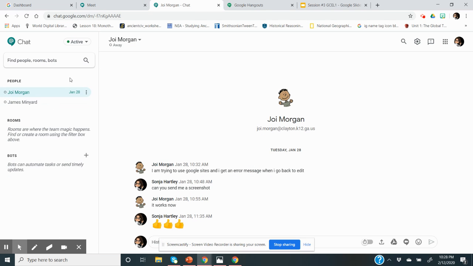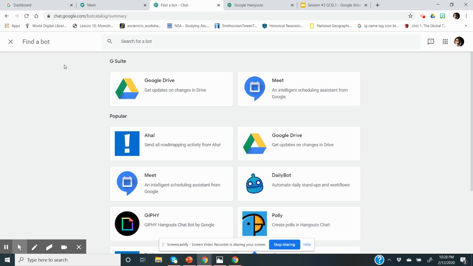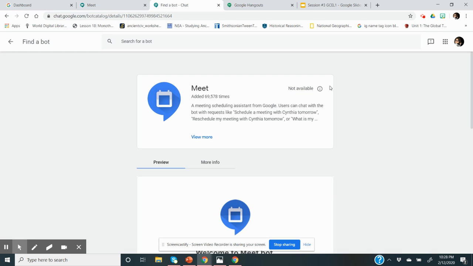Back to chat. And as I mentioned, what I like is the fact that you have various different options. The only thing is once I clicked on find a bot, I figured out that that's something that we're not authorized to use yet. Under Meet is not available. So it's just an exploration, it's an adventure. And that's all I have to share for that. If you have any questions, anything in specific, I'm not sure what it is that you may need assistance with, but I'm going to the next topic and we'll see where that takes us.